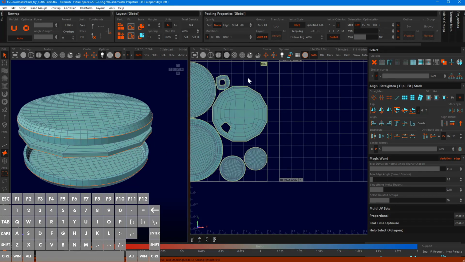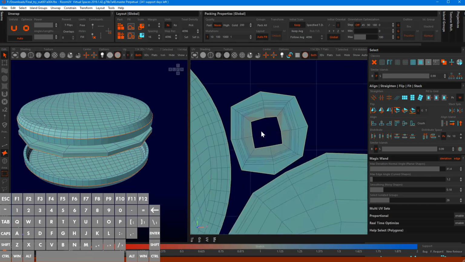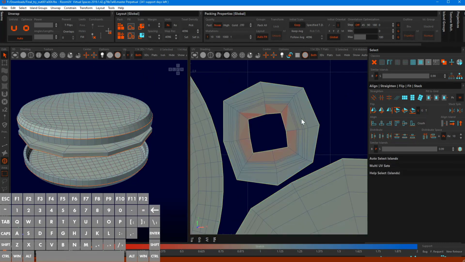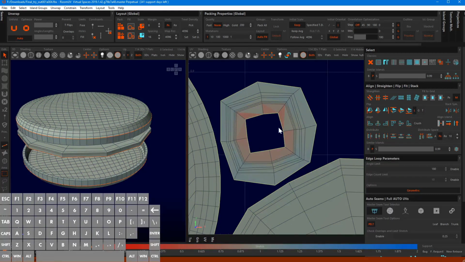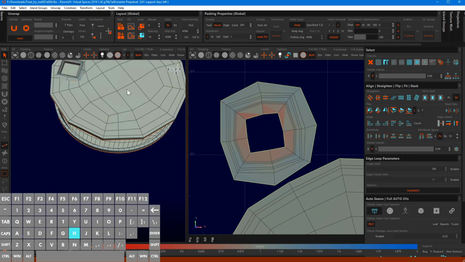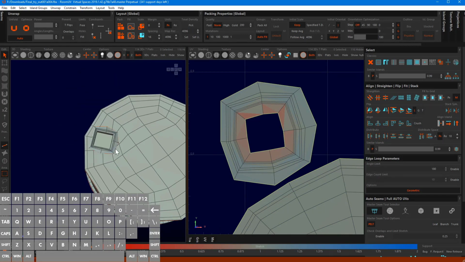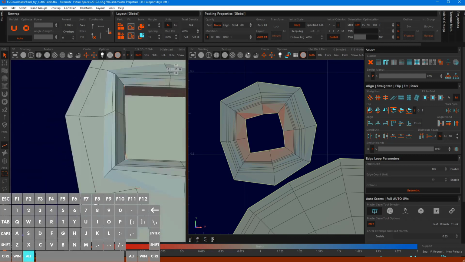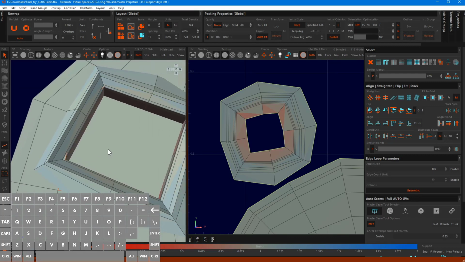And I think that I have distortion here. I'm going to go back to island mode just to look. Yes, I do. But at the same time, I am thinking that that distortion is pretty well hidden because it's on the inside of what I think is the,